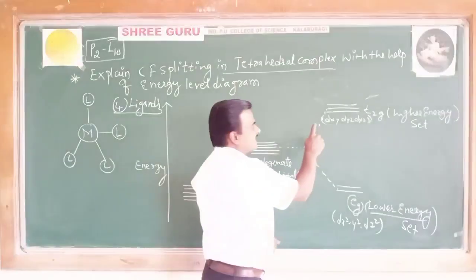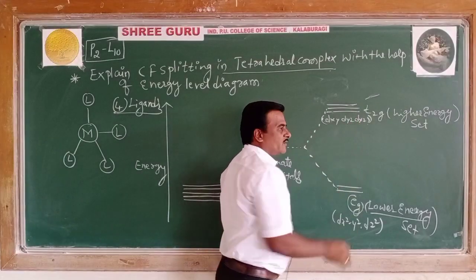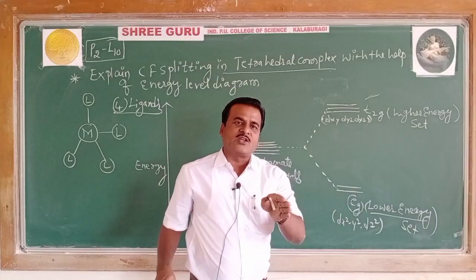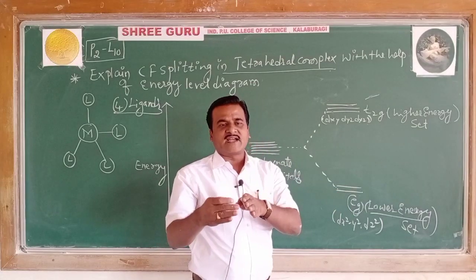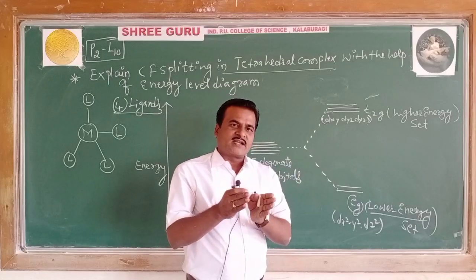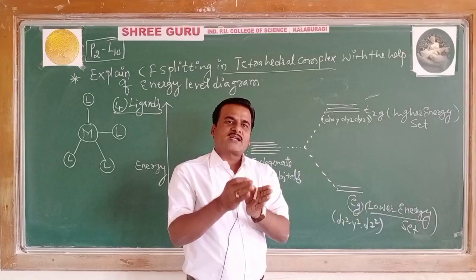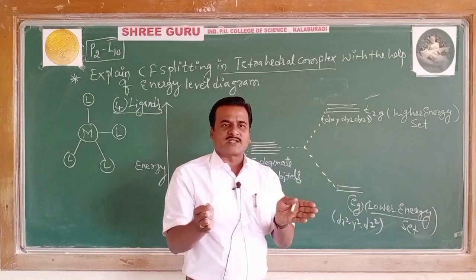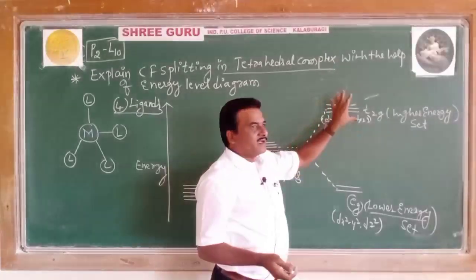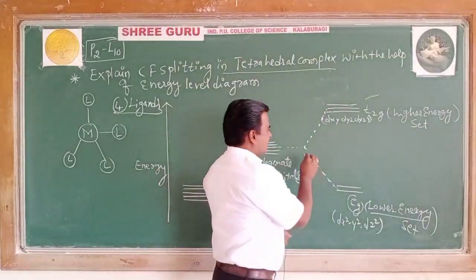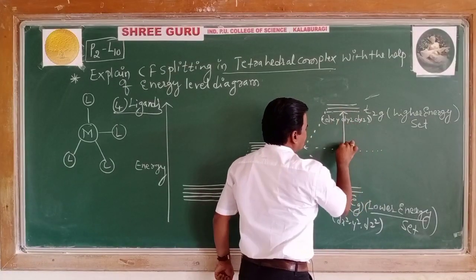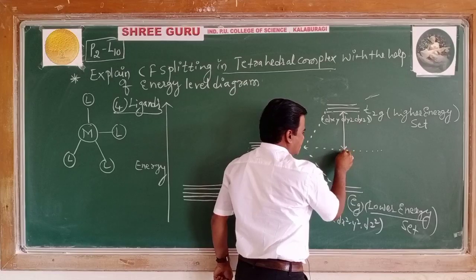These dxy, dyz, dxz orbitals of the metal ion are not exactly oriented towards the ligand, but are quite close to it. Since they are oriented closer to the ligand, they do repel. There is a repulsion, and because of the repulsion we notice a rise in their energy. You can see a rise in the energy, just the opposite.